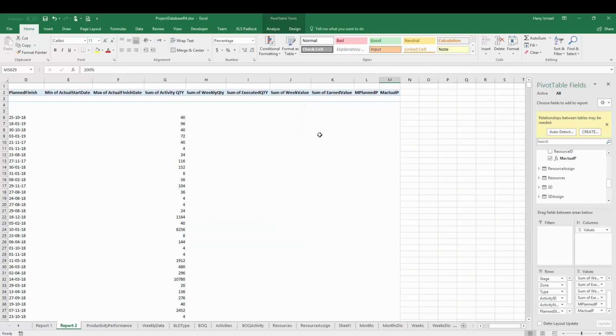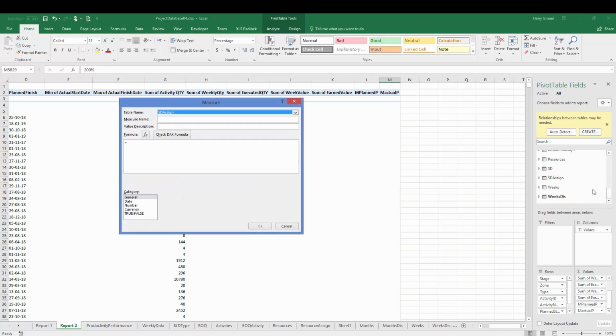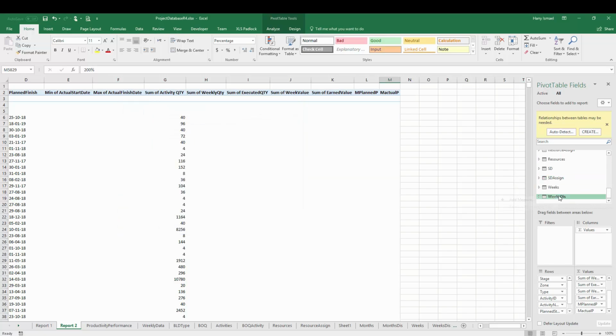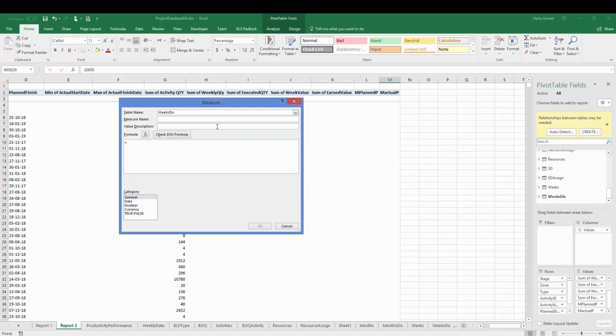But I don't want to put it in the assign table. Let me put it in the week distribution. I'll call it M measure variance, and this will equal to